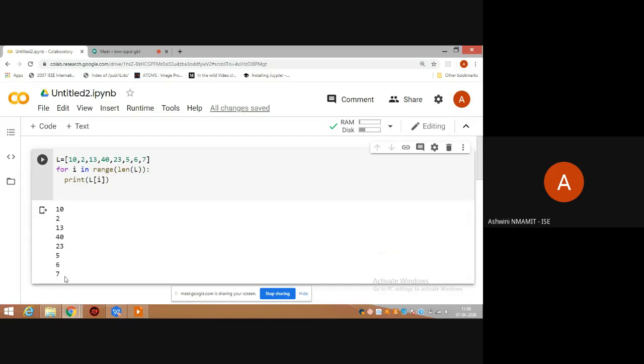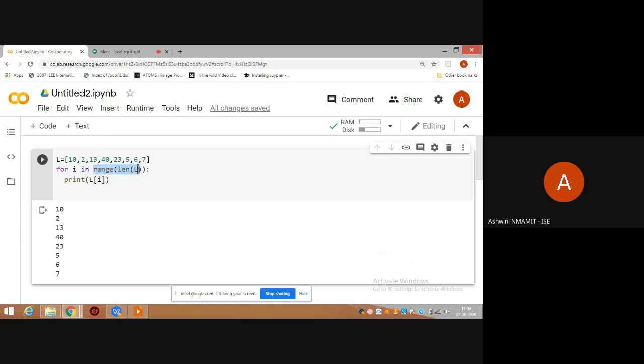Again, now what was the difference here? When I give simply L, just the list, it will actually traverse the elements of the list. So for every iteration, I will be assigned with the new value of the list. But when I give the len of L within a range function, that means len of L is actually telling the number of elements, and that is nothing but the position here.